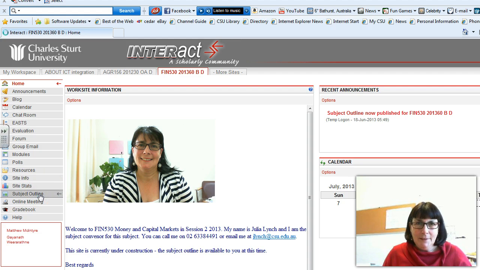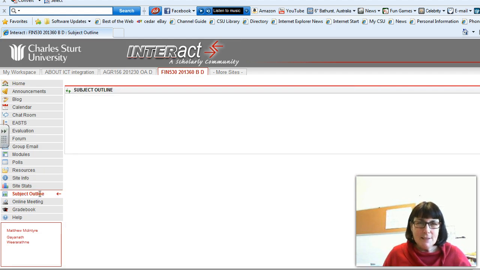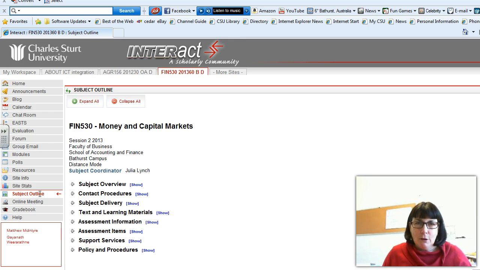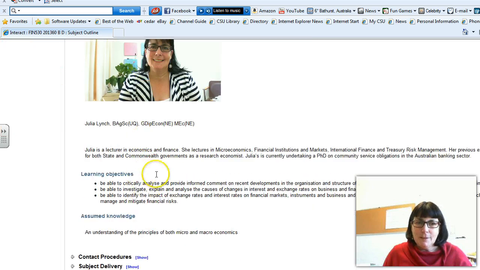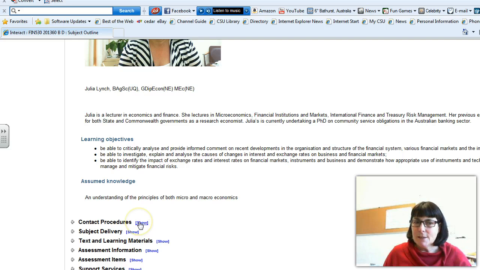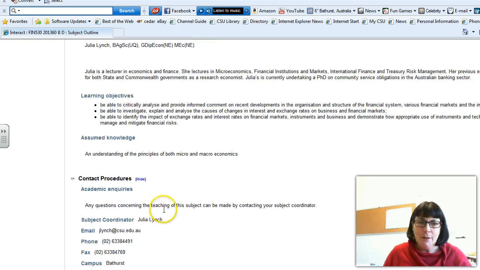So we click there. Now this document basically contains all your assessment items and the due dates and, if you like, the rules for the subject. A lot of it's common between subjects, so some of you may be quite familiar with that. But I guess my advice is to print this document out and keep it somewhere. You know, there's a blurb about me. Here's the overview, if you like, of the subjects in terms of what we would like you to know,